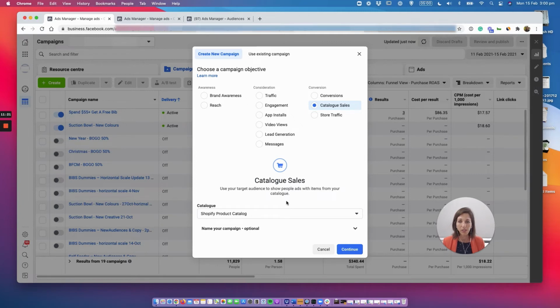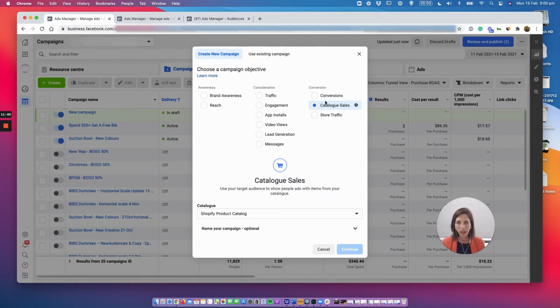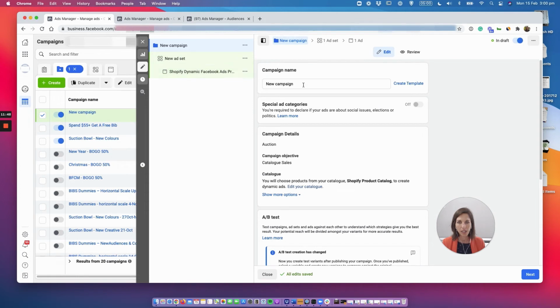Again, the purpose of this video is not to show you how to set up the catalog, it's to show you how to set up that retargeting campaign using what we call dynamic ad or dynamic creative, where Facebook is going to show that specific product that the customer has added to cart but has not purchased. So we just click here, continue on the catalog sales campaign. And of course, it throws us straight into campaign name. And as always, we'll put here retargeting